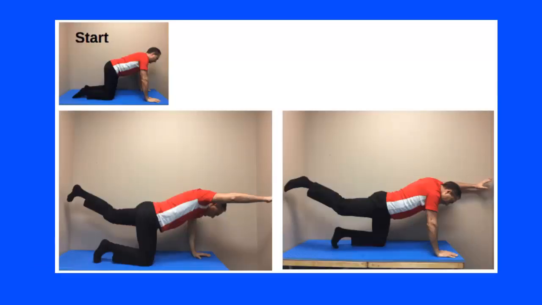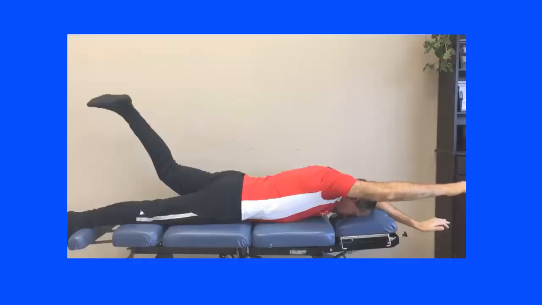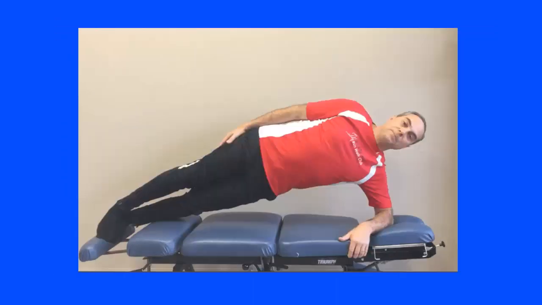Bird dog, you're on all fours, quadruped, and then you're cross crawling arm and leg, right? So bird dog, sometimes if bird dog's too hard, we start off with prone cross crawl. So that's number 2. And then number 3, a modified side plank. Full side plank might be a little bit difficult at the beginning, but a modified side plank, if tolerable, is gonna be really good to actually help get those stabilizers, the multifidus muscle and the lower back stabilized and strengthened, okay? So those are the 3 top exercises that I would do.